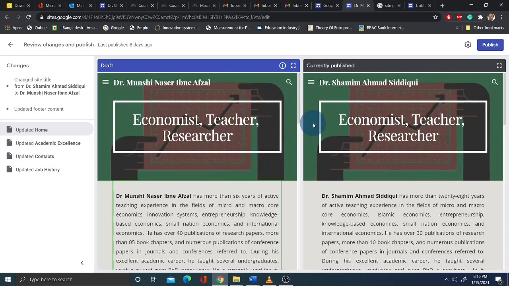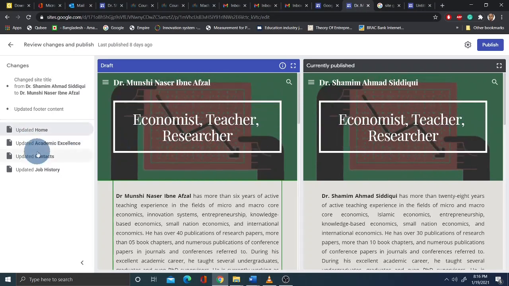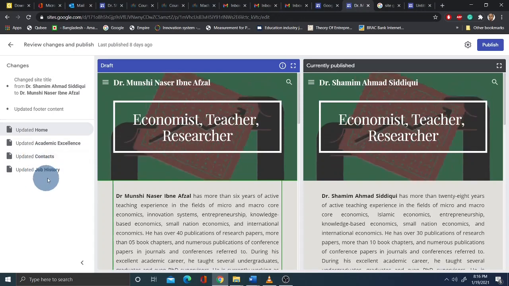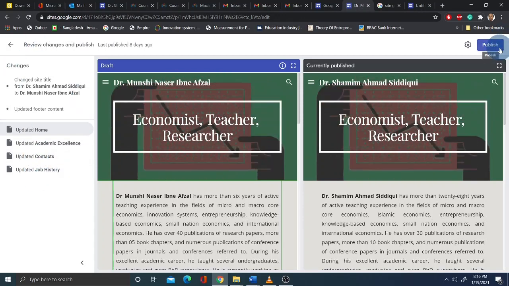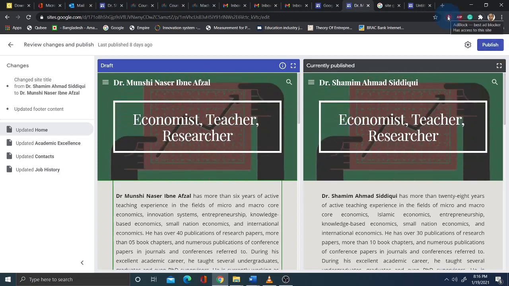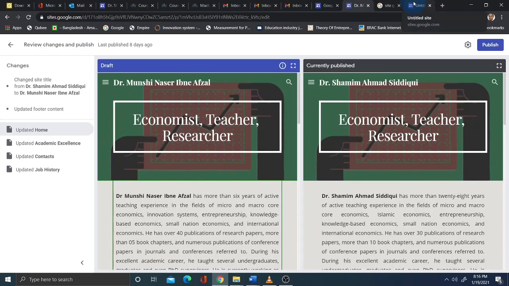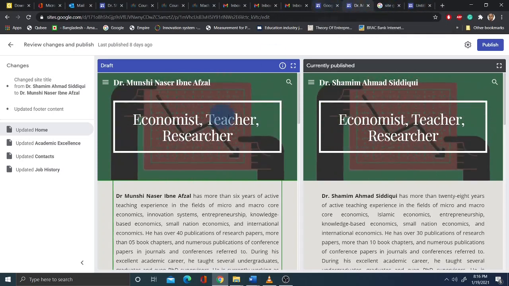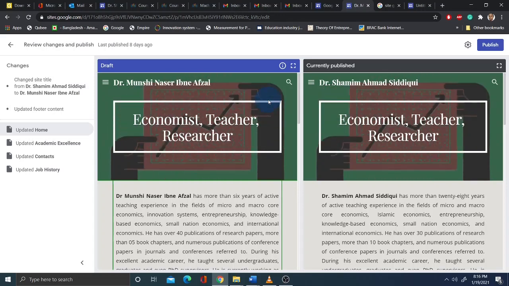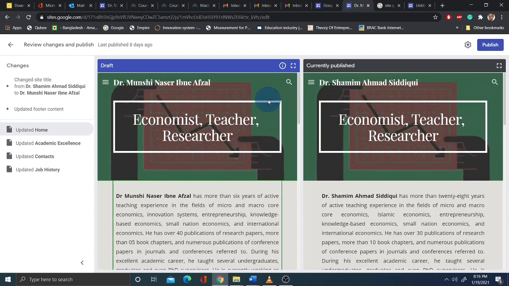Once you are done, you can update your home page, update your academic excellence, update your contact history and everything if you wish to, and then you just press publish, and it will be published to your website. It will not be a dynamic website, however this will serve your purpose, because this website can tell whether you are able to make yourself presentable in front of the academic arena, as well as in a new job field.